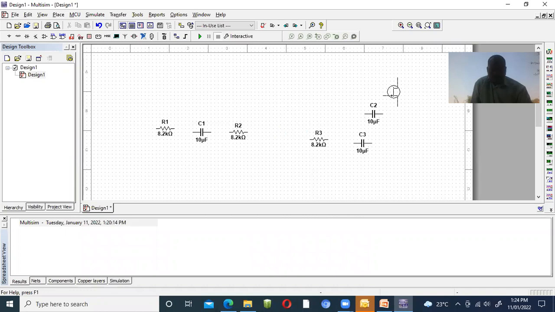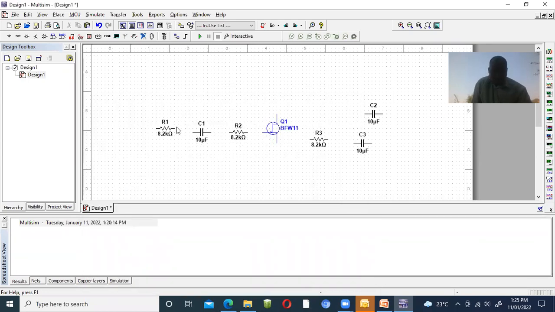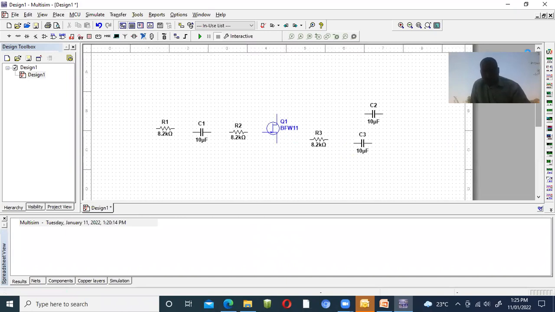BFW 11. So that should be here. Now connect all of the components. Okay. Connect all of the components. See here, we also require the input, right? Input is nothing but here is the part. See. Here is the one that should be used. This is the multimeter. We don't require it, but it is required for other cases.